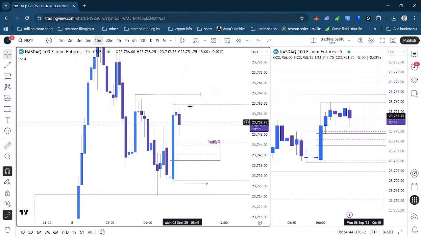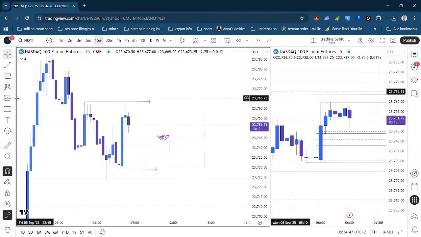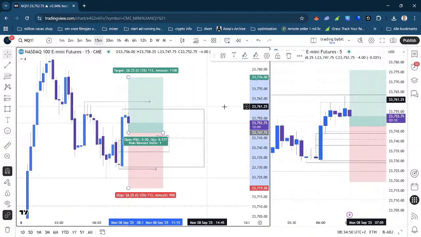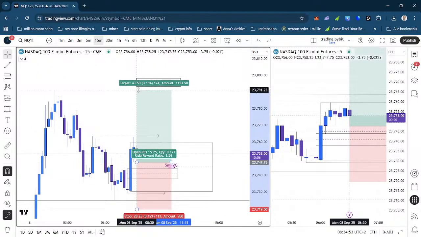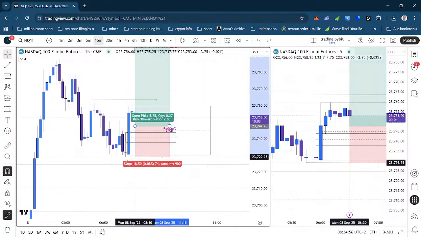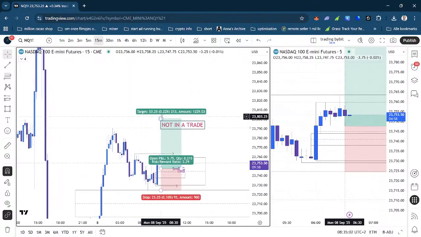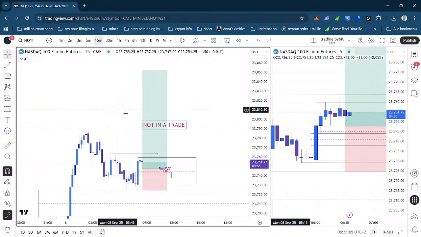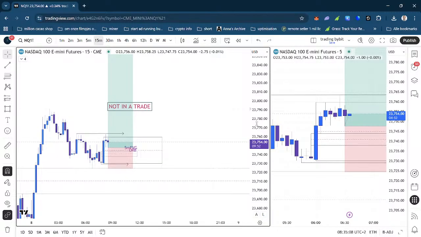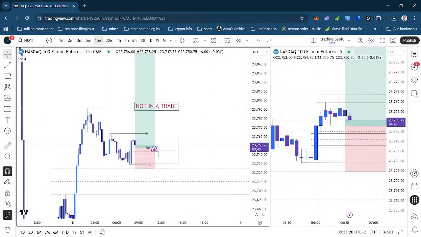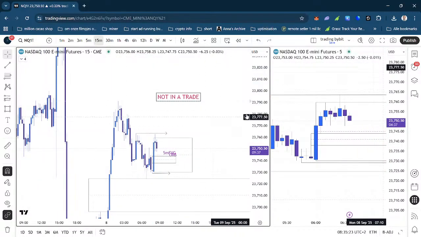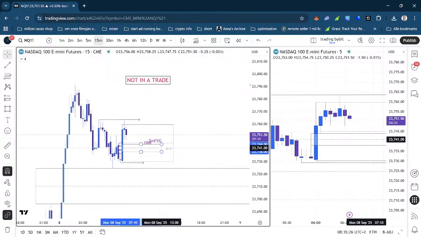I said to you all that I would trade continuations right now, and I still believe we will go up higher, so I just entered a trade myself, right here, and then we'll see where we head. Stops are at the previous low, so this one should be stopped. I'll put it on screen just to show you all that I entered. I'll delete this one so that I can do an order for you. I will show my results at the end.